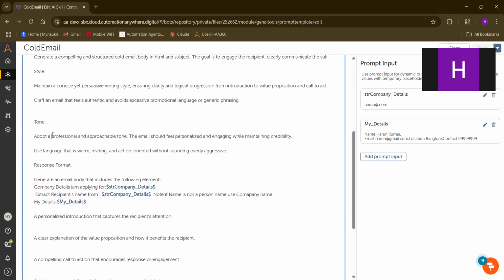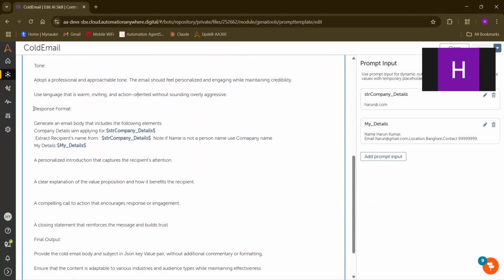Here we need to give the tone. What I gave is: adopt a professional and approachable tone. We are approaching the hiring manager for any open positions available, so we are inquiring actually. So we have to go in an approachable manner.